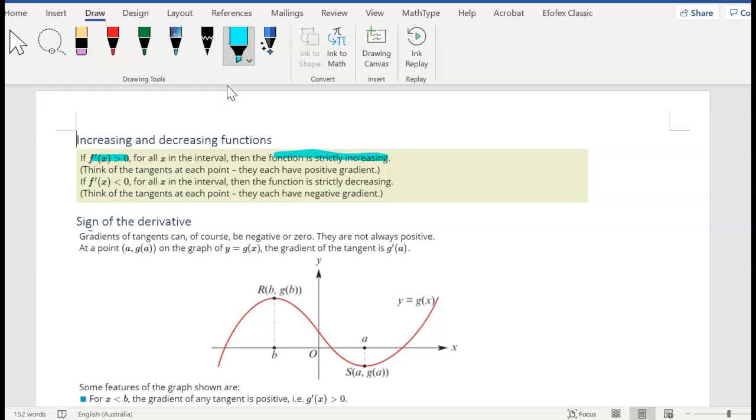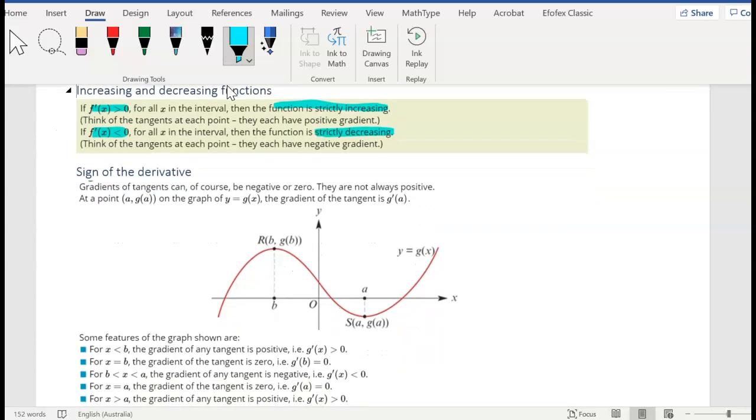Now, if f dash x is less than 0, that means it's negative, so your function is strictly decreasing. The tangent would have a negative gradient. Gradients of tangents can, of course, be negative or 0. They are not always positive. So at a point on the graph, the gradient, okay, I'm not going to read all that. So basically, if we're looking at this curve,